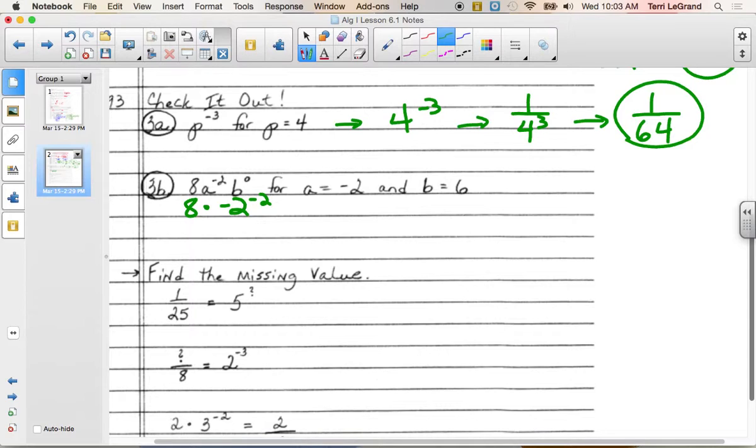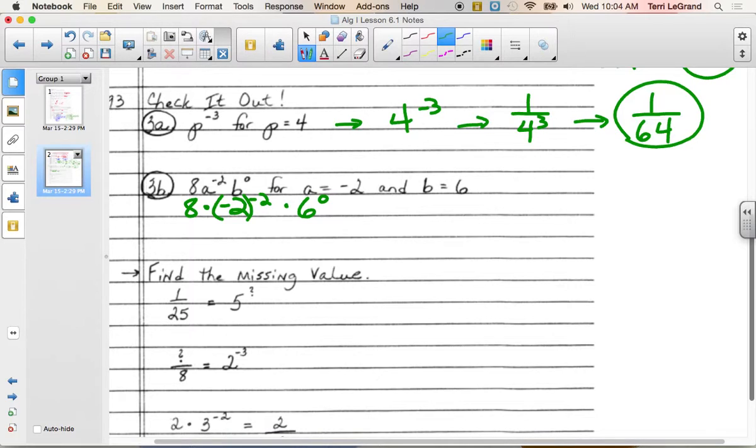Jacob? You didn't include the b value. Well, okay, I'll put that too then. I'm going to put 6 to the 0 power. There's still something wrong here. Jared? -2 needs to be in parentheses. That -2 needs to be in parentheses. Don't you dare substitute a negative number in that's going to be taken to a power without putting it in